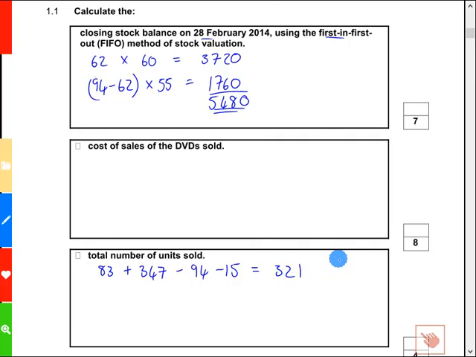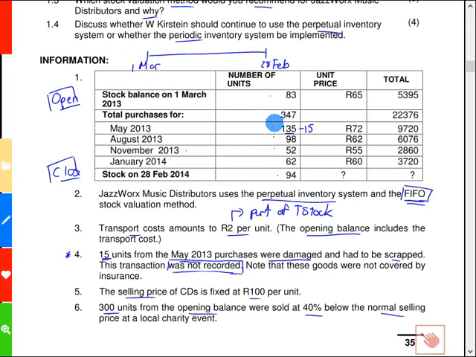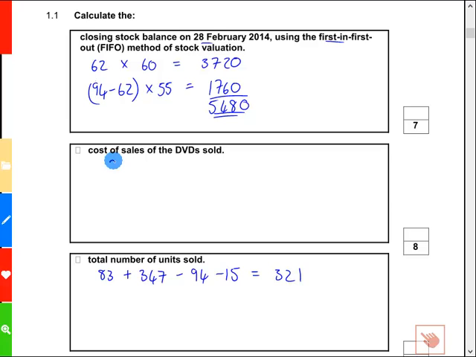Now we need to figure out which batches that 321 units sold are going to come from. Okay, so we need to figure that out. So we're going to start with the first batch that came in. The first batch that came in will be the first batch that was sold. So we know that 83 units would be sold, and the cost of those units was 65. So we can say 83 units was sold at a cost price of 65, and that is going to give me,